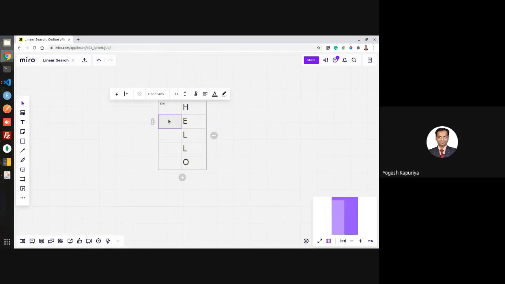And each of this particular content has some address associated with it. So it's 1001, which is sequential.